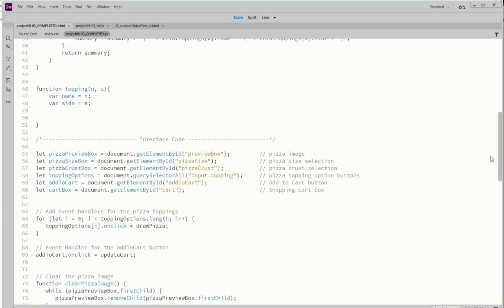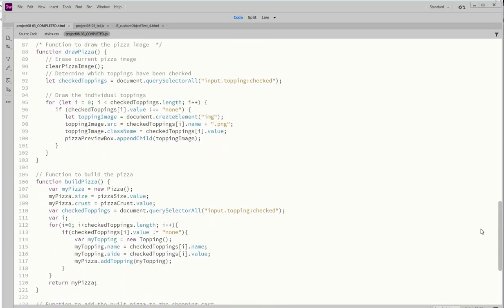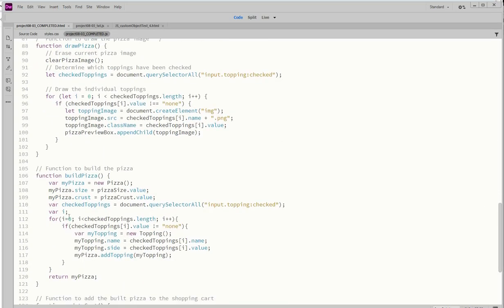We got that maybe from the build pizza. Yeah, right there. Okay, so pizza size is supposed to be equal to pizza size value, and the my pizza crust property in the pizza is supposed to be equal to pizza crust value. Okay, so these